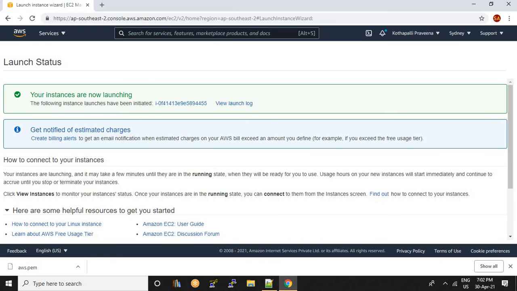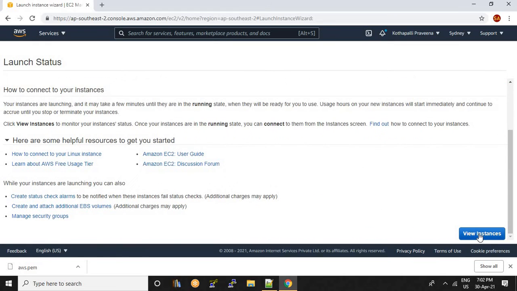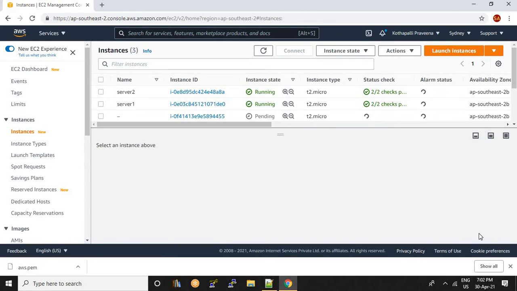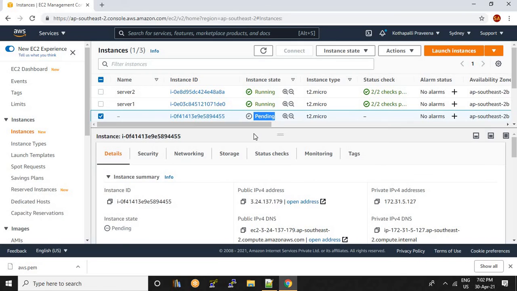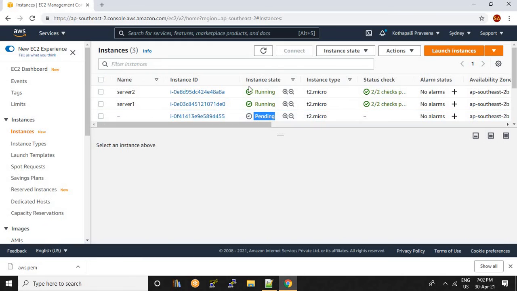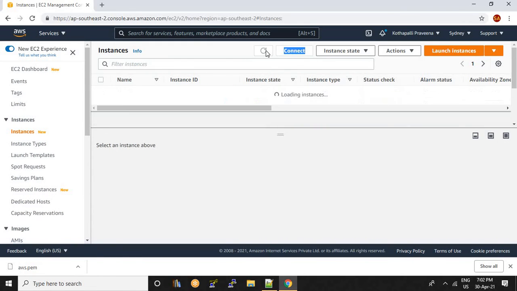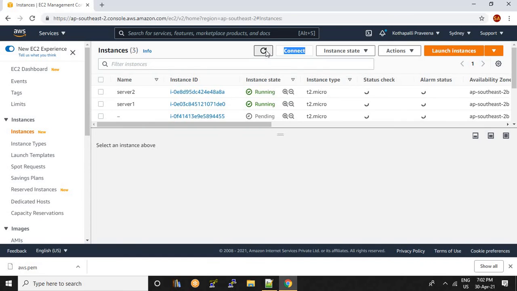So the instance is getting ready. Click on view instances. See here, we have created this instance. This instance is in pending state. Now refresh this. If you refresh this page, please don't refresh the browser page, because the total page will be refreshed.